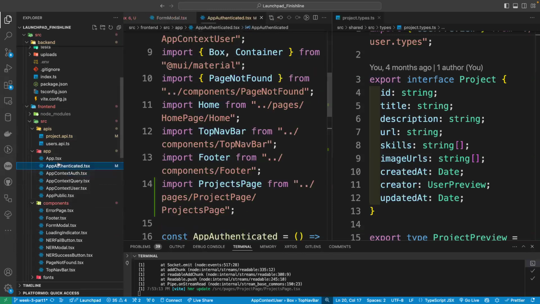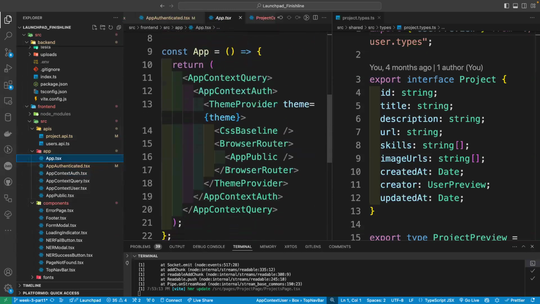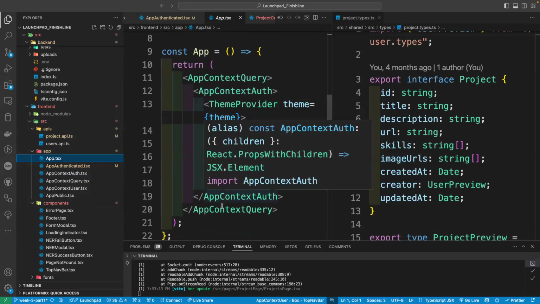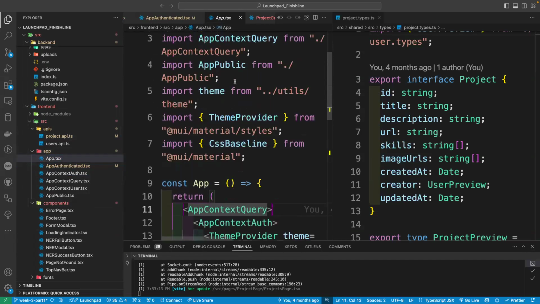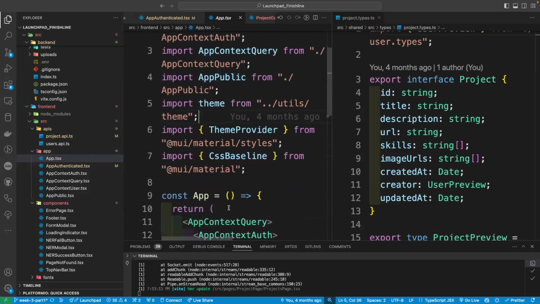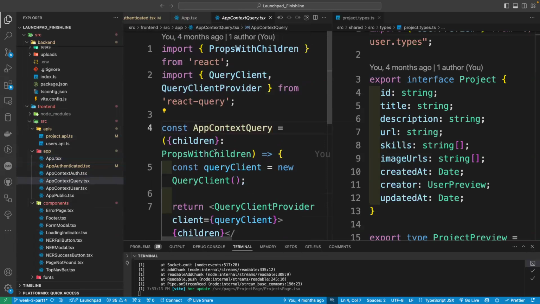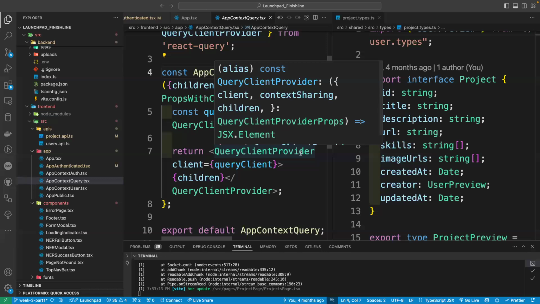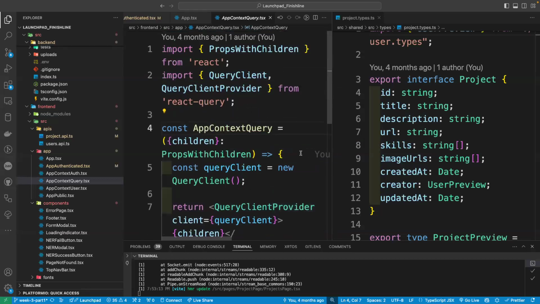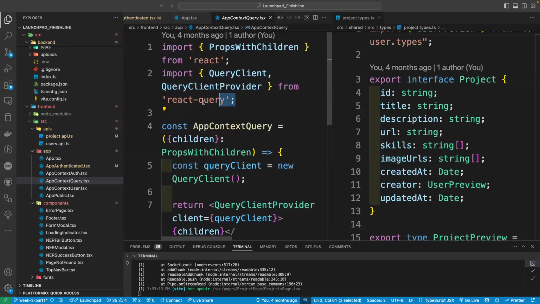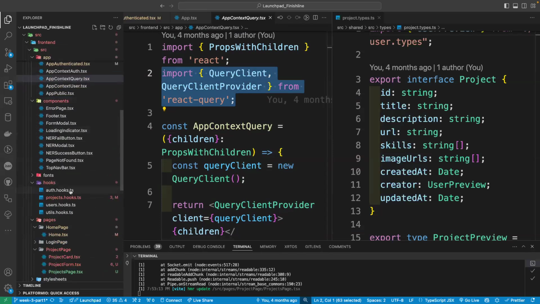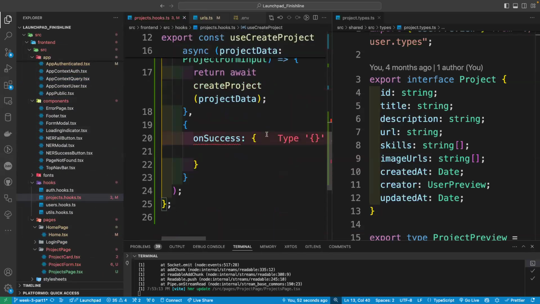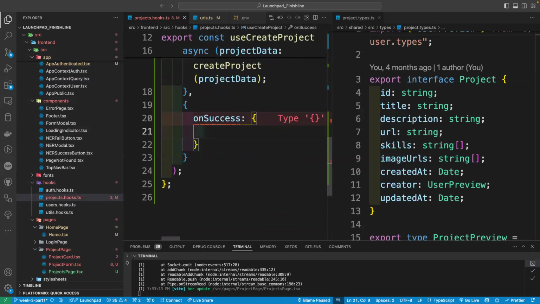No, our app itself, I think. App context query. Yeah. So we see we get this app context query, which is something we define. In here we define a query client provider, which is given to us. You guys don't necessarily need to know exactly how this is working, but it's a context that's given to us by React Query, and whenever you're inside of the context, you're able to access that query client, which by doing that, on our successful mutation, we're going to,